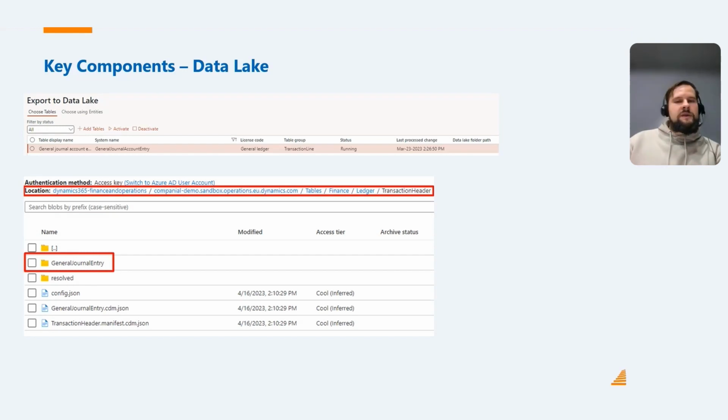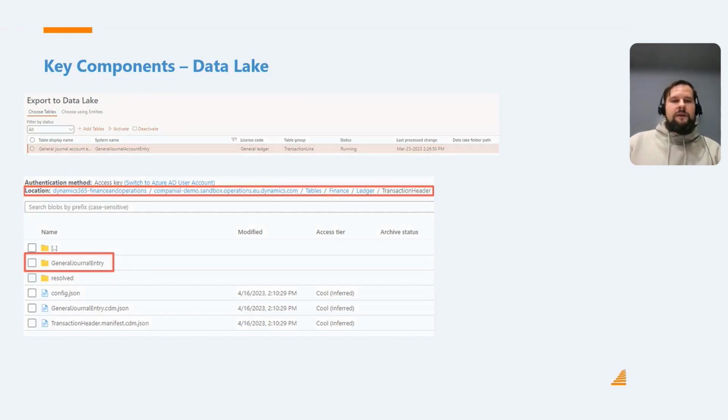So you can make table and schema changes, change them up, introduce new relationships, indexes, or fields, and the data lake integration will not be affected pretty much. It will automatically replicate your changes. You don't need to resynchronize. You don't need to stop the integration. You can just use it as is, and it will automatically reflect your changes during the next export.